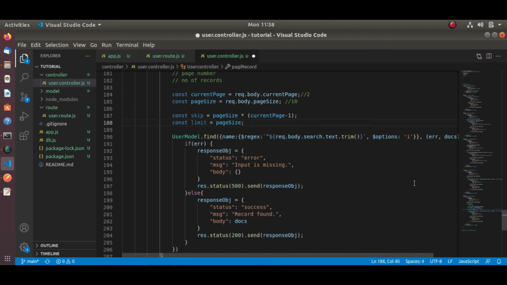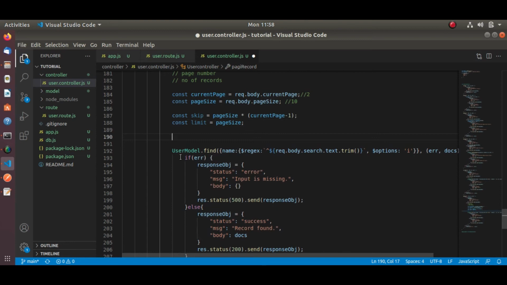Let me write the database query. We need all records, dot skip, dot limit, that is limit, right, dot.